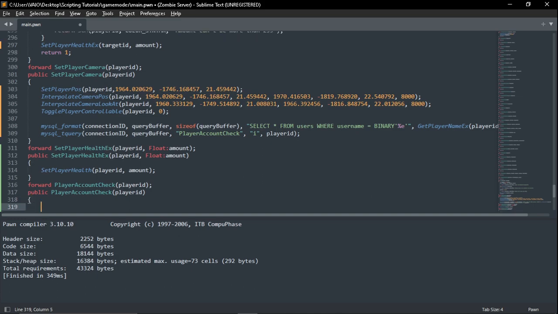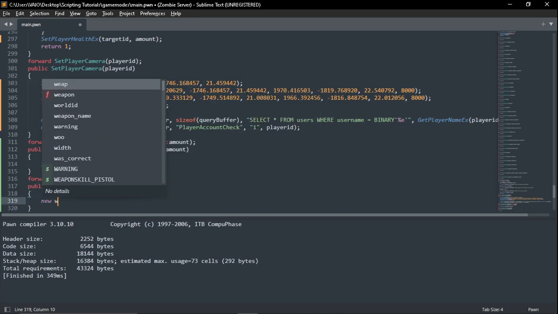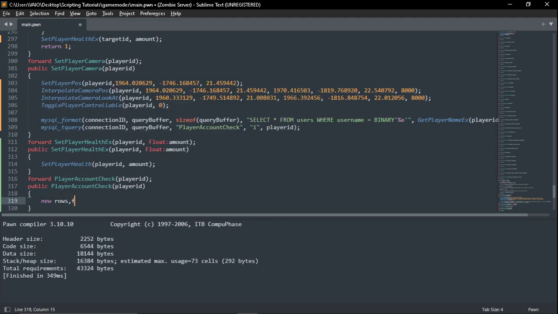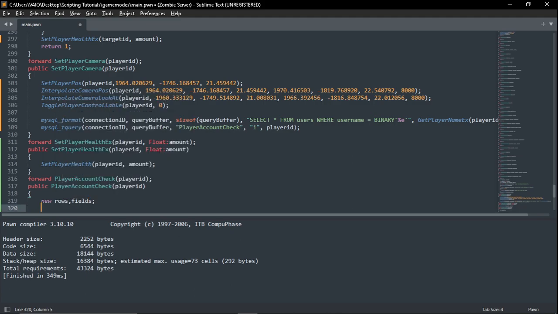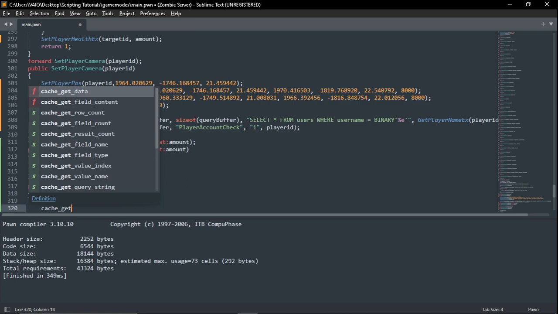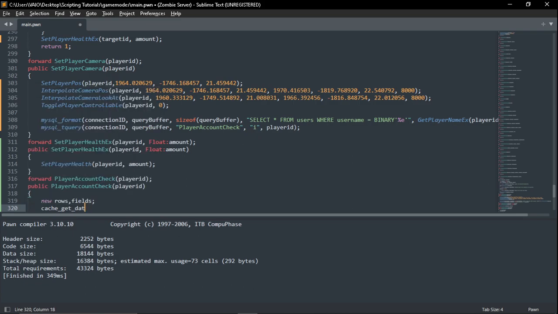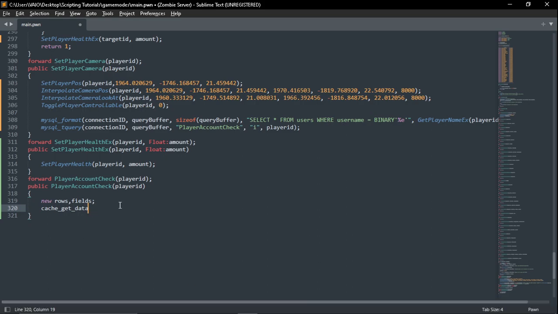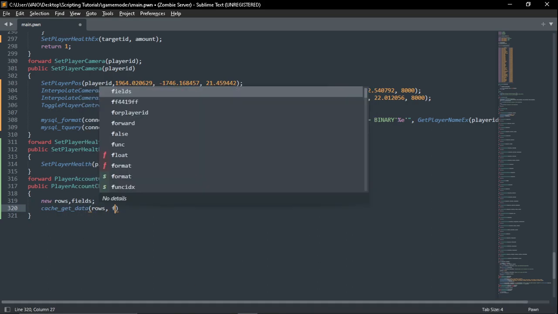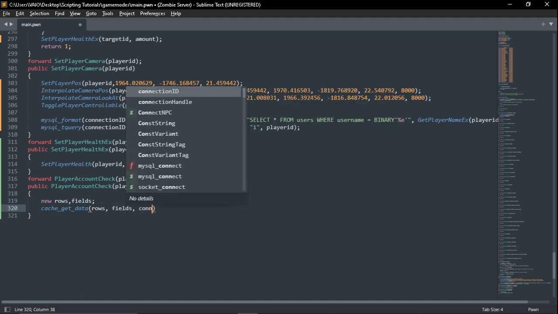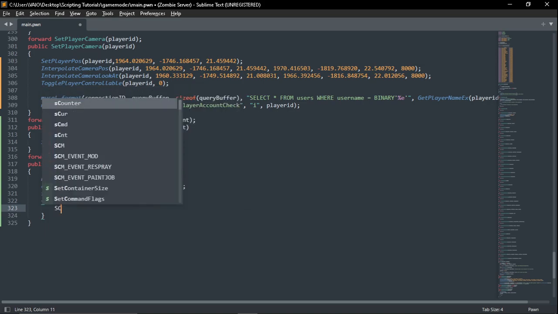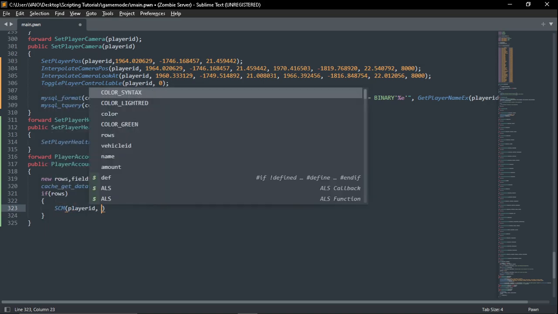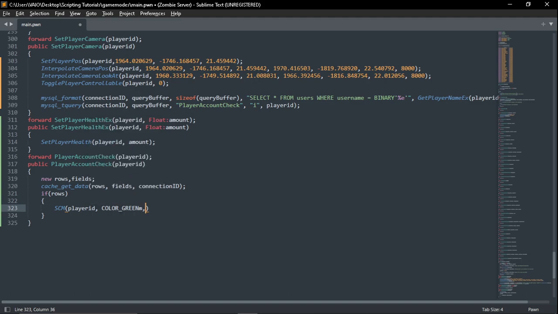set the, now we have to add new rows and fields. We have to add these things, guys, fields, and that's it. Now cache_get_data. So guys, add here like this, then rows and fields, and now connection ID, our connection ID, and that's it. And now add it like this. If rows, then SendClientMessage player ID, color green,